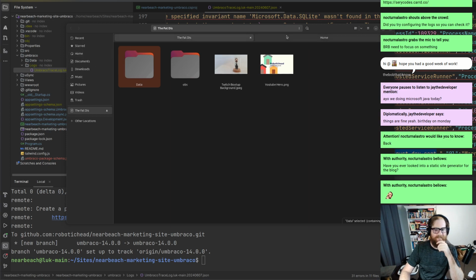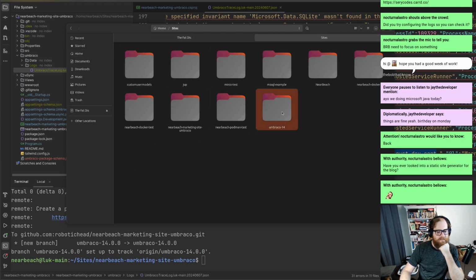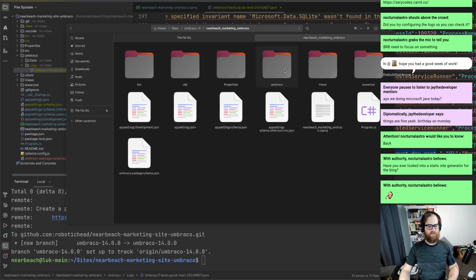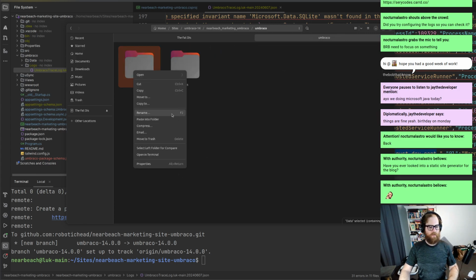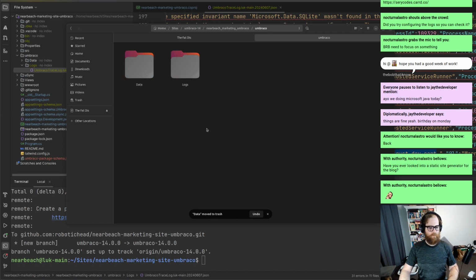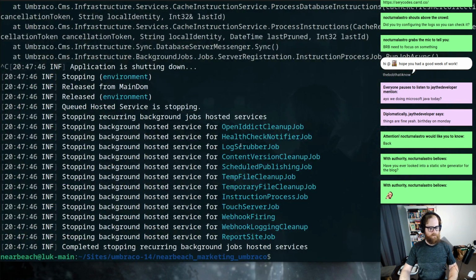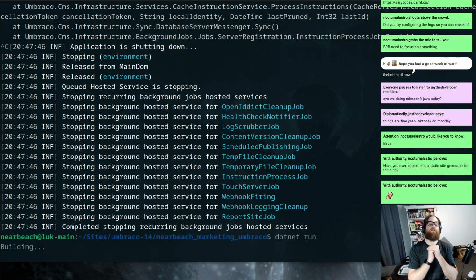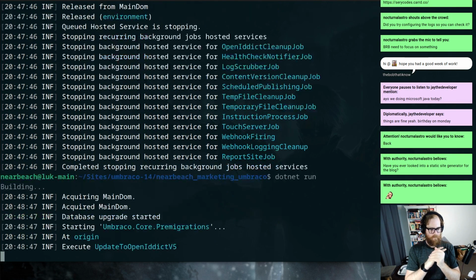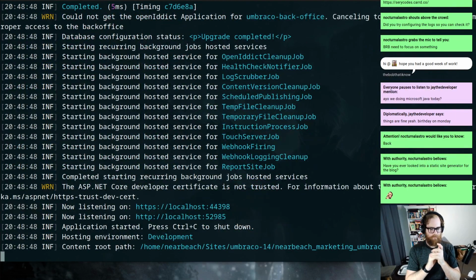All right. Let's go home, sites, Umbraco 14. We want Umbraco. We want to delete, move to trash. We then want to paste this in, and that will just take a second. Cool. We want to go over into here. We want to go .NET Run again. So I'm just ruling out the database being an issue, because if it's saying it is an issue,